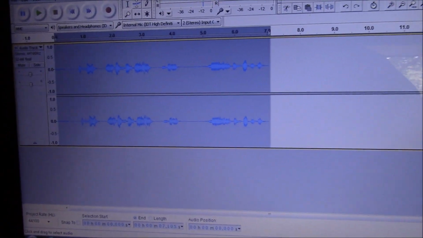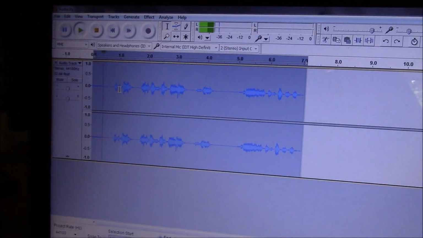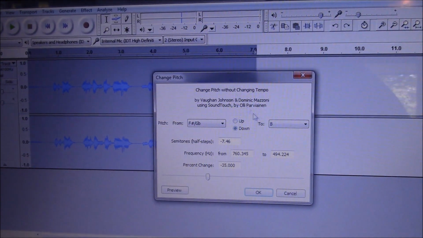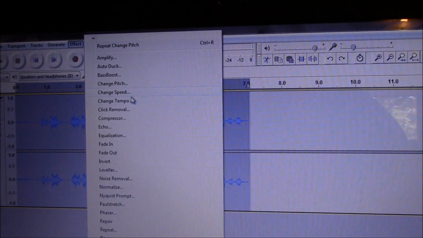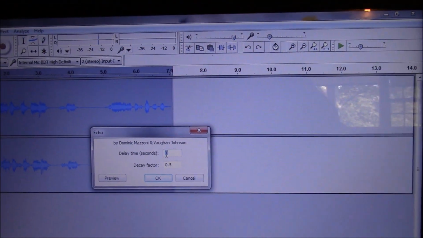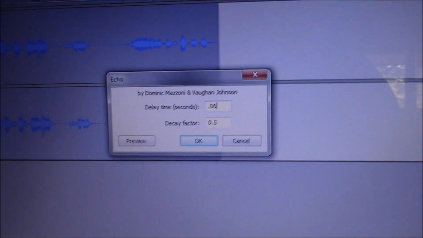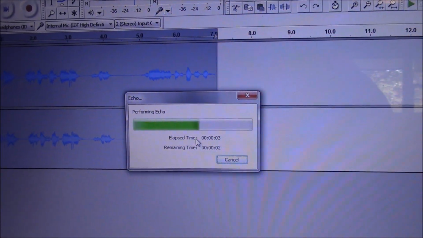So you see, this is a very awesome program that you can use to make some very cool voices. I'm gonna undo that. Some of the ways I do the droid voices is I go into echo, and I add an echo. It can do many different things, but this is how I do droid voices. I usually add an echo and then